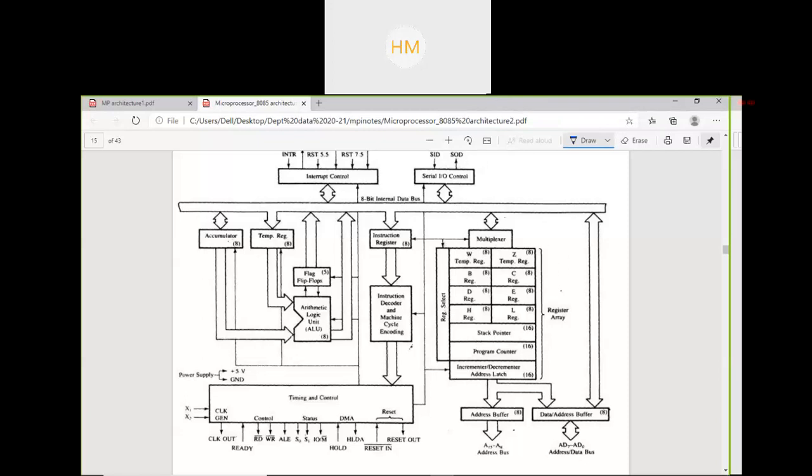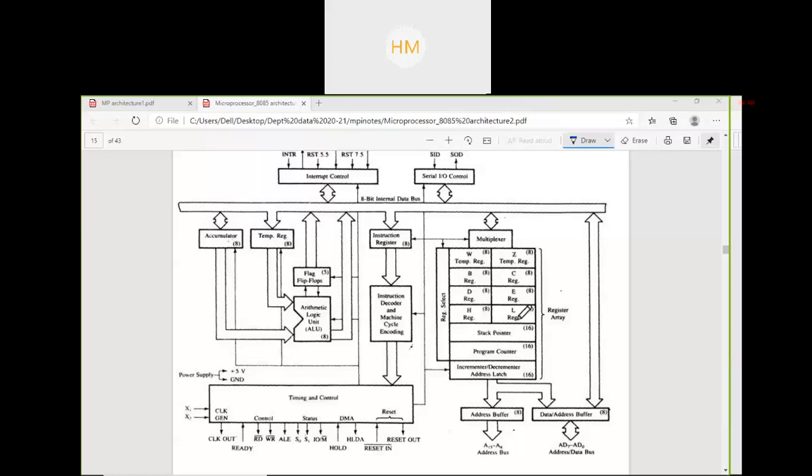The architecture diagram of 8085, it is known as the... Register block, okay.